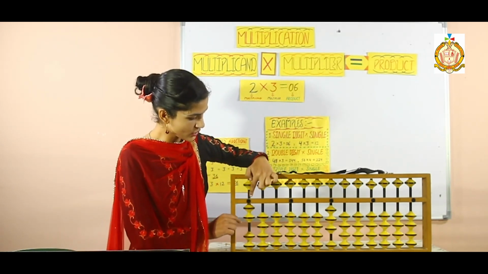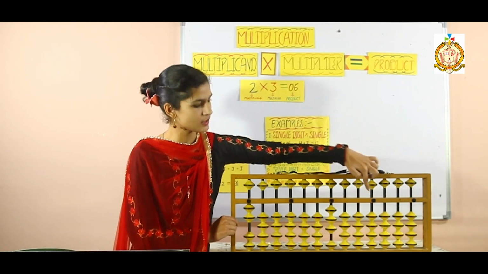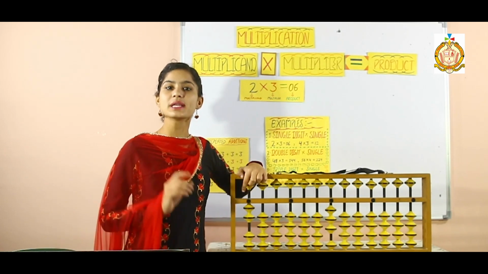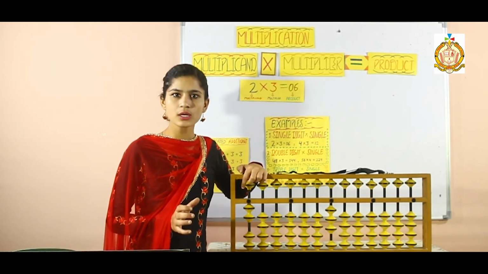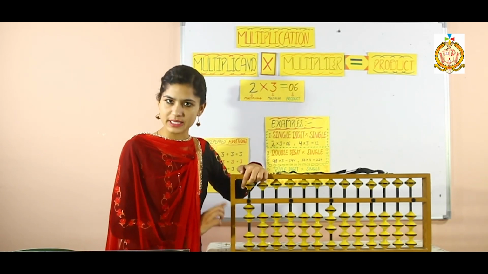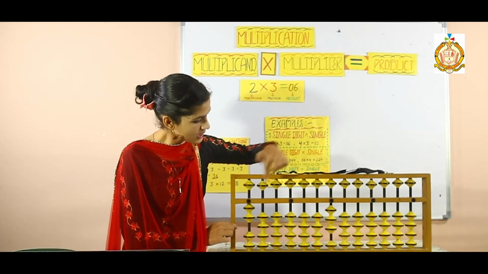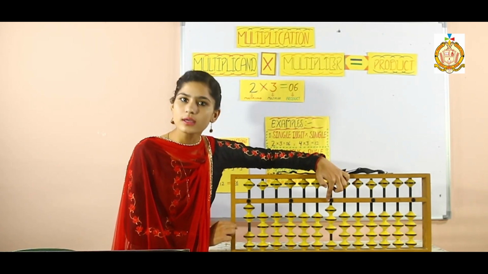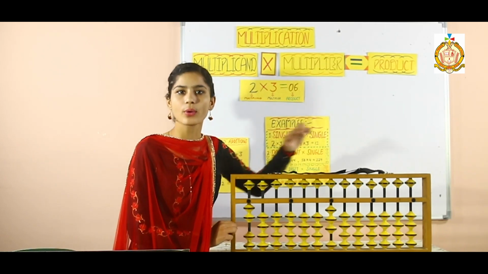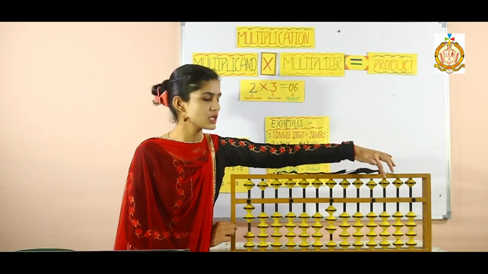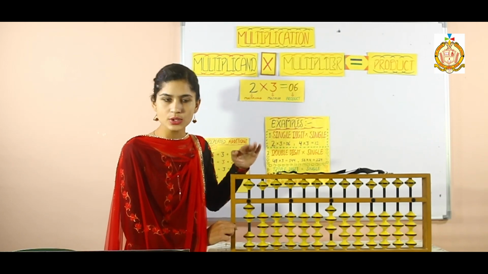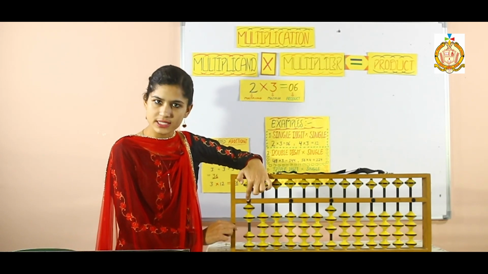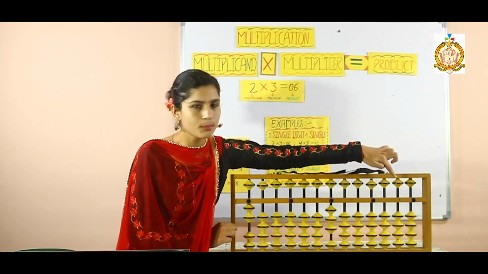So here 5 dots are here, you are seeing 1, 2, 3, 4 and 5. The first dot indicates your multiplicand. The number to which we multiply is known as multiplicand. And the third dot indicates the multiplier. You have to keep the multiplier here. And the last dot indicates the product. Whatever the product will come, you have to keep on the last rods. Understood? Divide the scale into 3 different parts: multiplicand, multiplier, product.